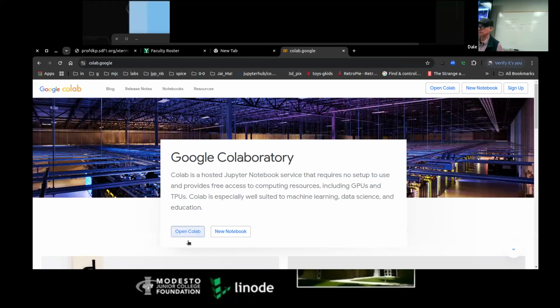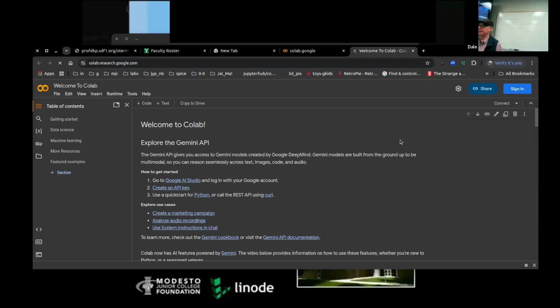And it says, please sign in. So when you sign in, all you need is your Gmail account. This is a Jupyter Notebook, and you can do all kinds of cool things with it. That's the free one. That's the one that's out on the web. They have all kinds of really cool things. They actually connect this into GitHub, so you can save all your stuff